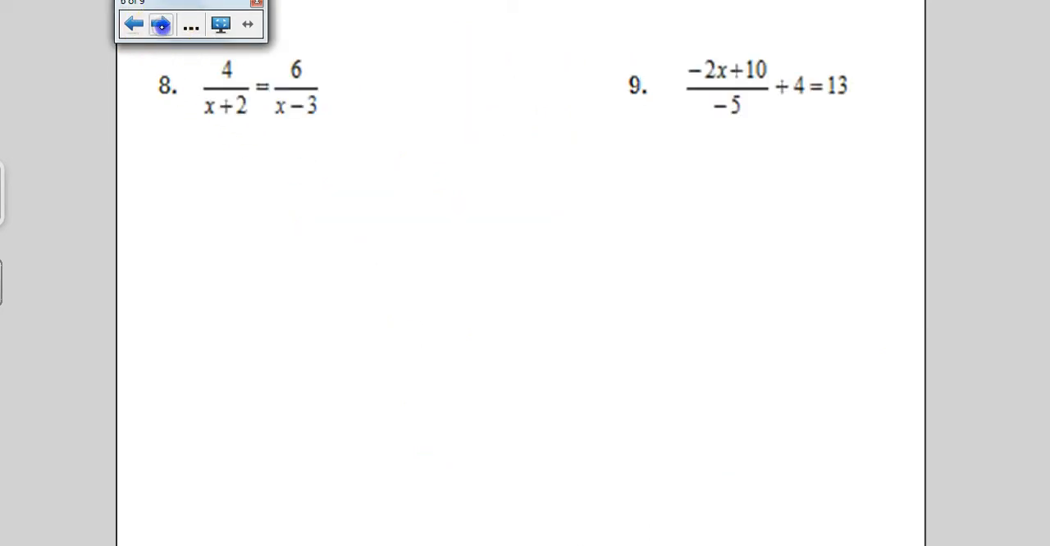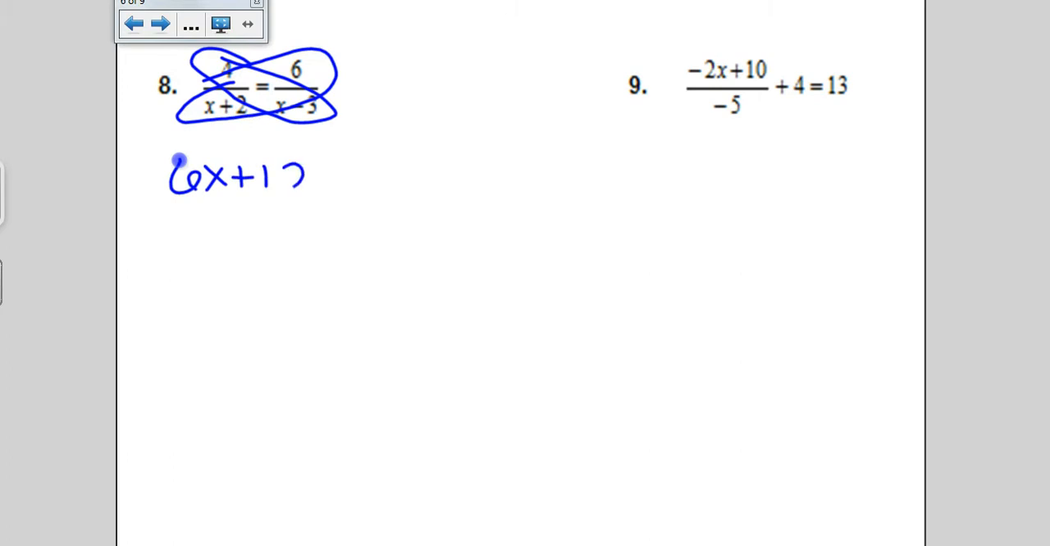Alright, whoops. The next set of problems are proportions, and if you remember, when you have a proportion, you just cross multiply. So this diagonal is going to be multiplied together, and this diagonal is going to be multiplied together. It doesn't matter where you start, so I'm going to start with that first diagonal that I circled in. I'm going to get 6x plus 12, because the 6 is going to have to be multiplied by the x and the plus 2. So 6x plus 12 equals, and then when I do the other diagonal, I get 4x